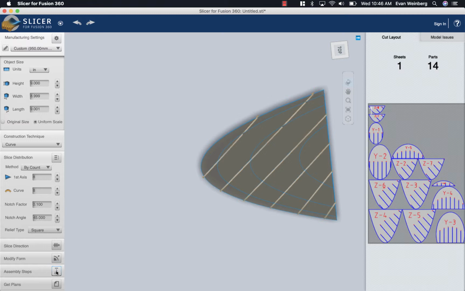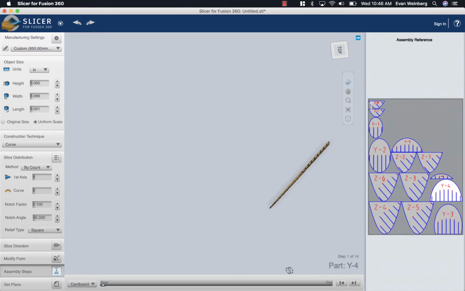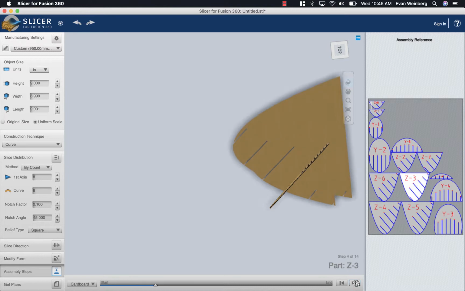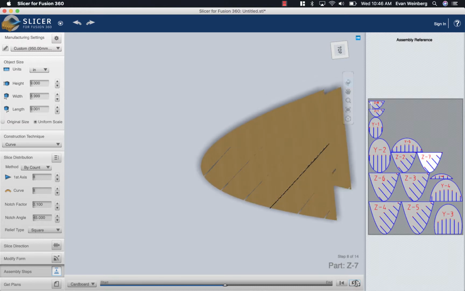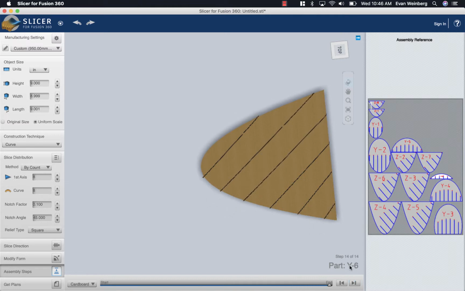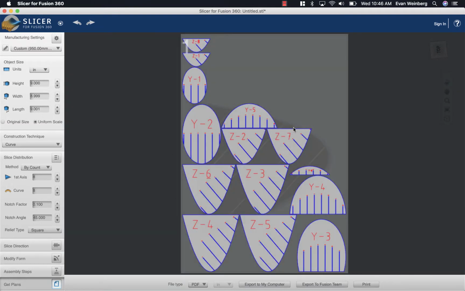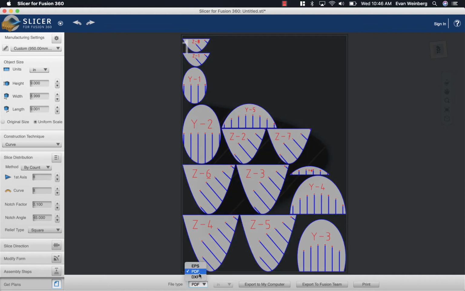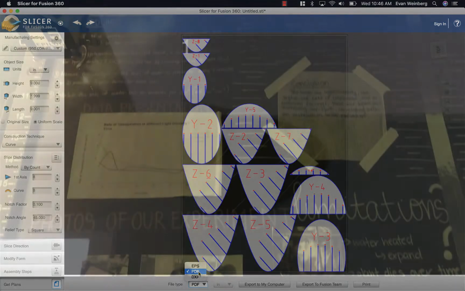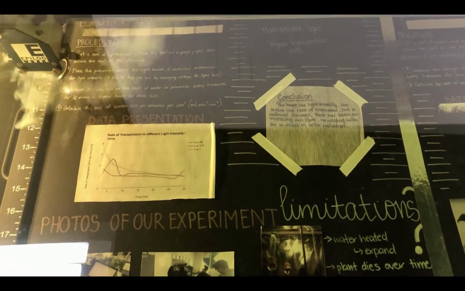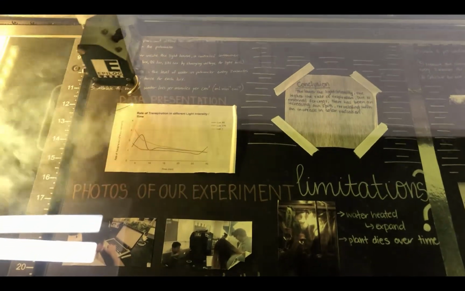And here's the really cool part. You can get assembly steps. And so it tells you step by step, once you have cut out each of those pieces, and highlights which one you're actually using, how to piece this whole thing together. So 14 steps. And so the last thing I'm going to do is hit Get Plans. And you can see that will give me the layout of all the pieces that I want to use. I can export it as PDF, which is very easily imported into Adobe Illustrator, which is what our machine uses to cut things out. And so now the laser cutter is hard at work,